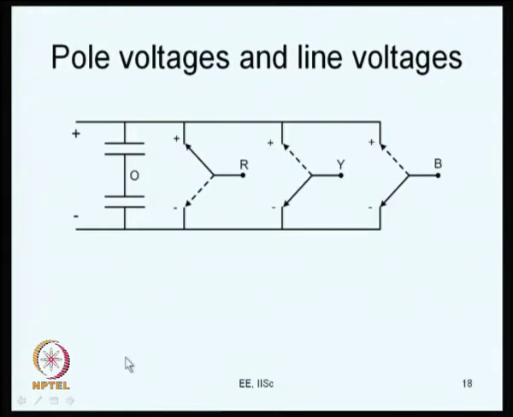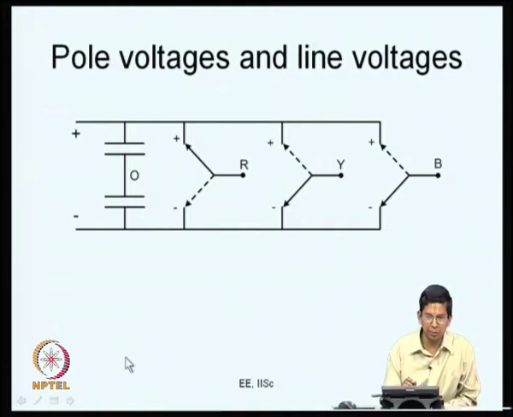So, to repeat, we have done two things. One is, given a PWM waveform, we know how to calculate the fundamental voltage and harmonic voltage. And given the fundamental voltage and harmonic voltage, we know how to calculate the fundamental current and harmonic current. We have considered two situations here. One is the inverter feeding an induction motor, the other is it is connected to the grid through inductors. So, one is a motor drive case and the other one is a grid connected converter. Both cases we have considered, and we know how to calculate the fundamental current and harmonic current based on the fundamental voltage and harmonic voltages.